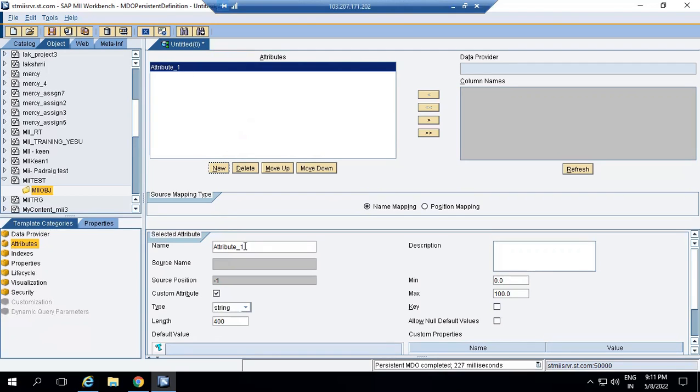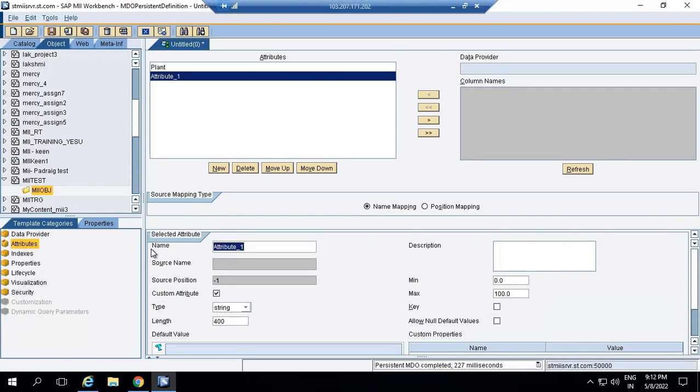The first time, the attribute will be created with the default name attribute underscore one. You can rename it, so just remove this and give your own. I'm giving here plant, and the plant I am keeping as a string with length 400, that's fine. And the second, I'm keeping here line, keeping the string,